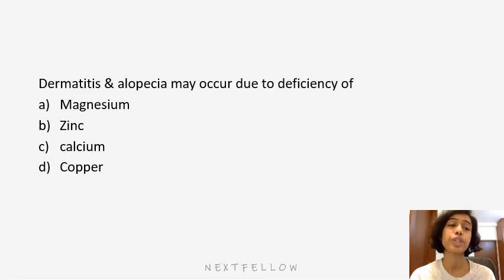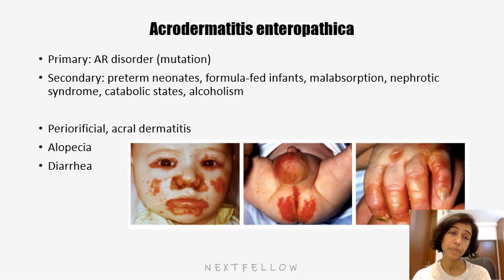This is another deficiency. So dermatitis and alopecia occur in deficiency of magnesium, zinc, calcium, or copper. The answer here is zinc. So it is specifically called acrodermatitis enteropathica, right? Primarily an autosomal recessive disorder, and you can see it also in preterm neonates, in those infants who are strictly formula fed because of the lack of zinc. Malabsorption conditions again, nephrotic syndrome because there's excess excretion of zinc, and certain catabolic states, maybe post-surgery,